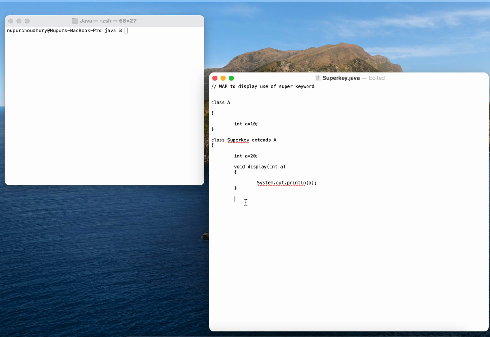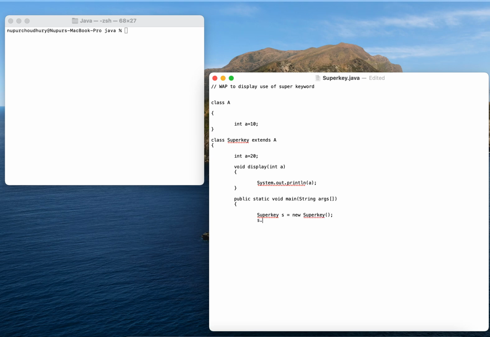Okay, so now here I will mention the main method, which is public static void main, String args, and after that I will simply create an object of Super Key, s is equal to new Super Key, and close this bracket here.